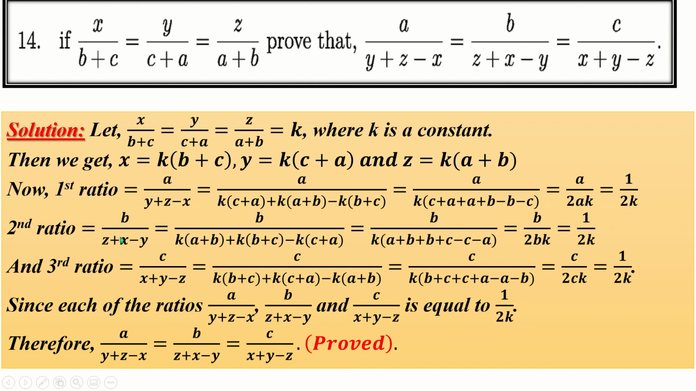Similarly, the second ratio is equal to 1 divided by 2k, and the third ratio is also equal to 1 divided by 2k. Since each of the ratios is equal to 1 by 2k, this ratio is equal to this ratio is equal to this ratio. Proof is complete. Clear, everyone? Okay, now